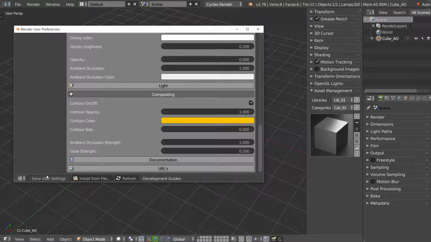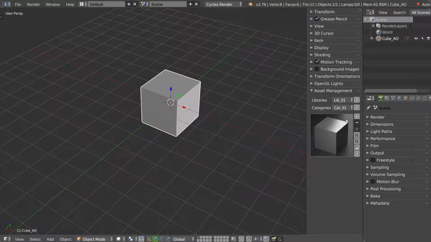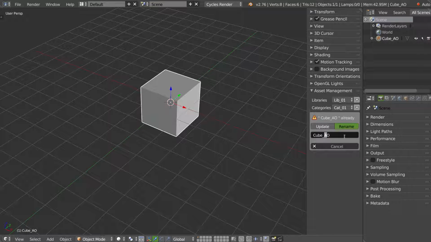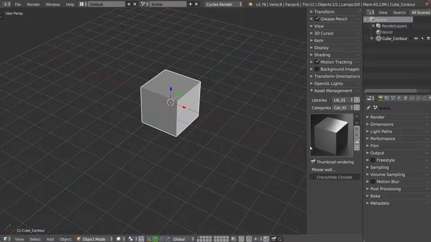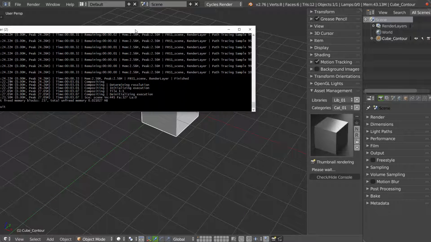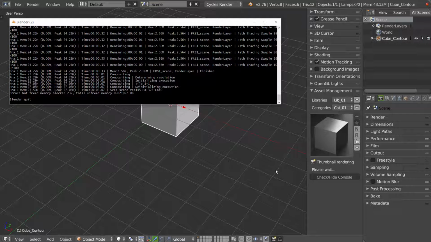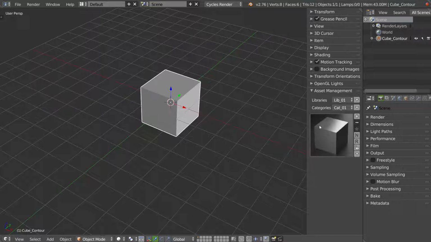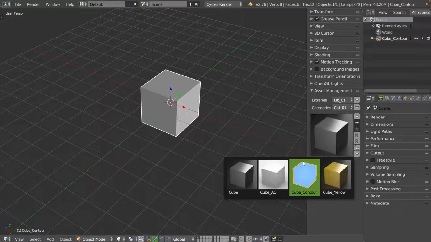I click Save User Settings, I click plus, I name it contour, and I click OK. Now I just have to wait a little. I can check the console. As you can see, this is OK. And now you have your cube with your ambient occlusion, without the ground, and with the contour.